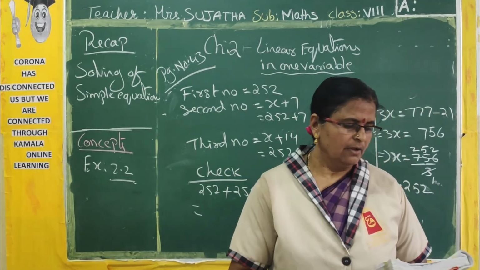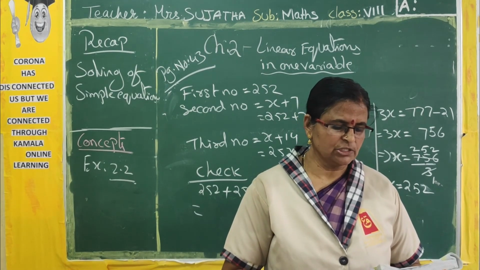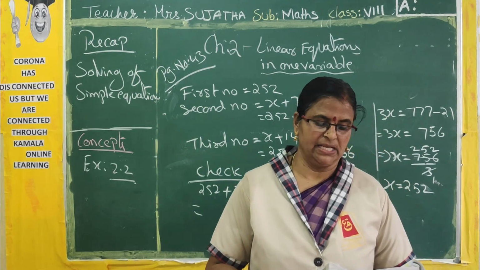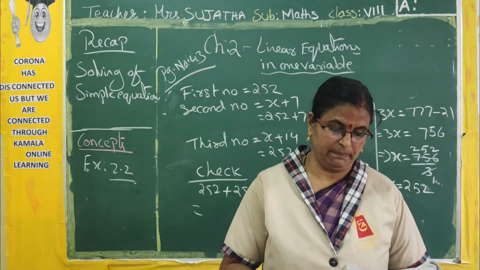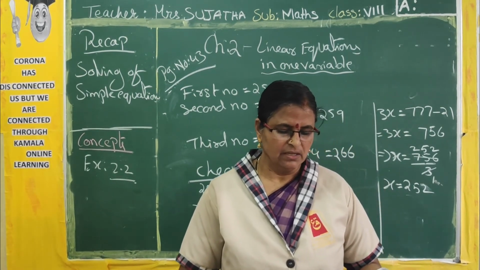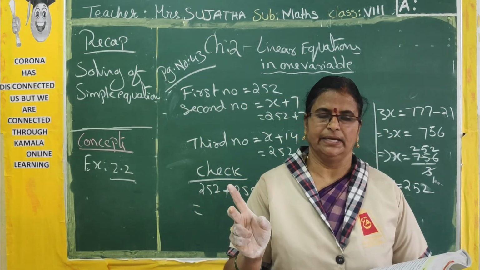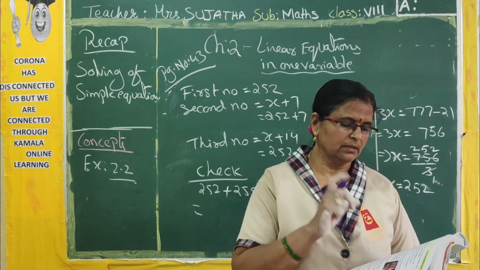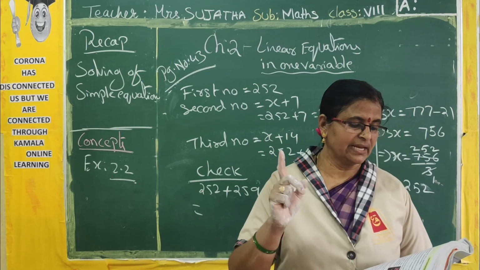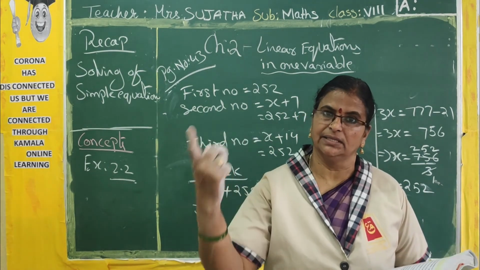And seventh one, Vinay brought a pizza and cut it into 3 pieces. When he weighed the first piece, he found that it was 7 grams lighter than the second piece and 4 grams heavier than the third piece. If the whole pizza weighs 300 grams, how much is each of the pieces? See, total the pizza weight will be 300 grams. In that, first piece will be 7 grams lighter than the second one, and the second one is 4 grams heavier than the third one.